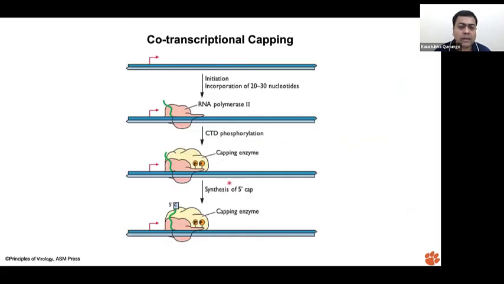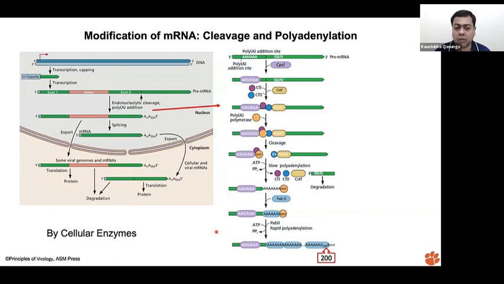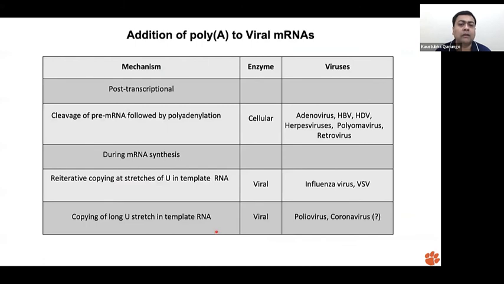You can see right here is the RNA polymerase, and right here the C-terminal phosphorylation recruits the capping enzyme, and it is responsible for recruiting many of these functions as well. So all of them happen co-transcriptionally at the same time. Very quick process. So after that, we are taking a look at how the poly-A tails are added to the